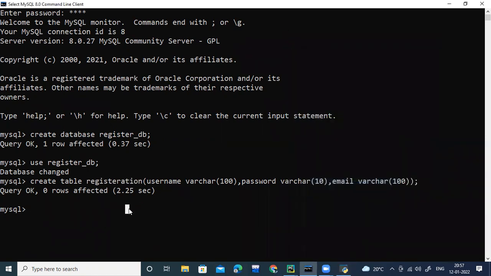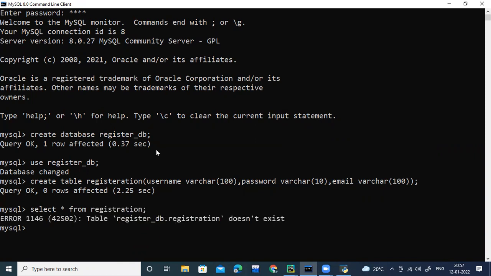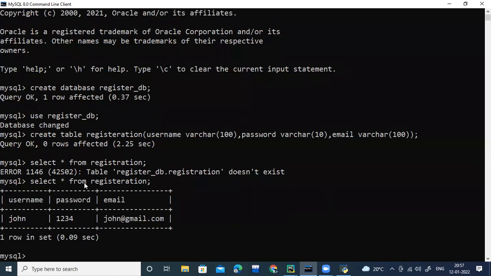Now the same data should be inserted into this registration table. Check it. What is the command? Select star from registration and semicolon. I made a spelling mistake. Select star from table name.